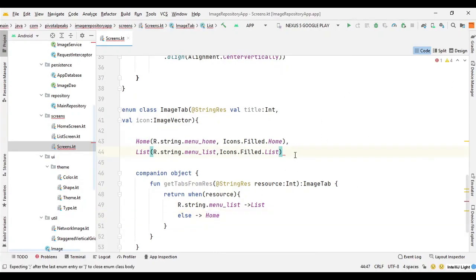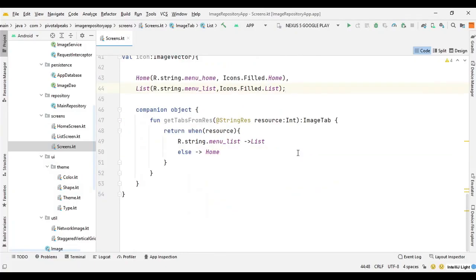Okay, here we need to have a semicolon. Yeah, semicolon. So that's it for this section, and we will keep building this screen in the next section.